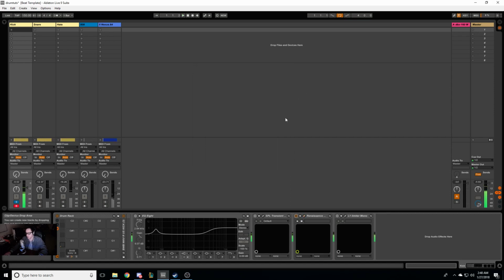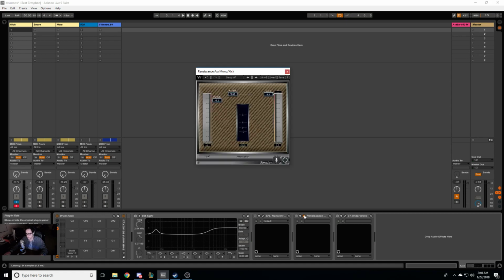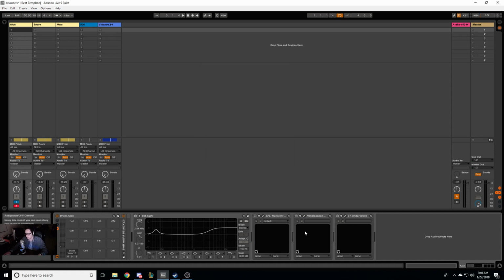Okay, great. So you can hear how that's much louder now, and I'm not at all increasing my peaks on my meters. So that's a great way to get your drums to sound louder without increasing your peaks. This is obviously just a compressor. It might have a limiter feature built in because it's not raising my peak level on my channel at all. And that's great. So with everything that I have here,